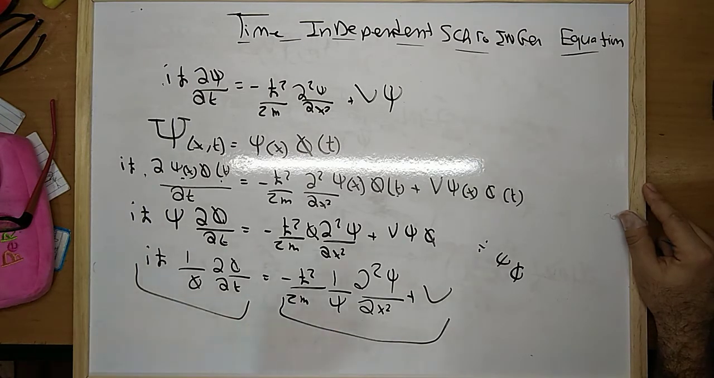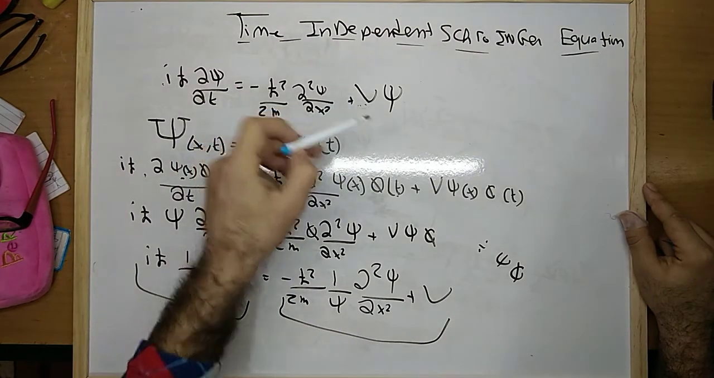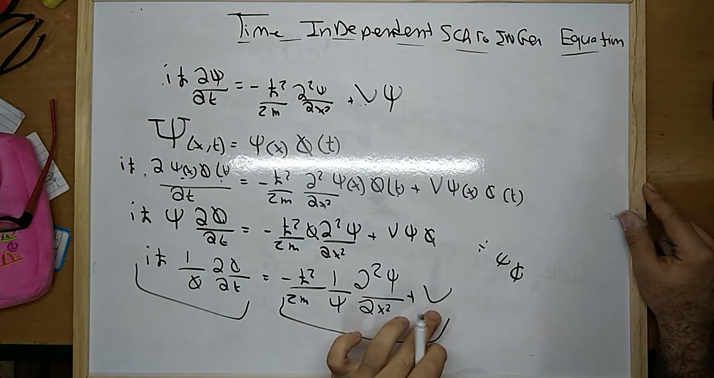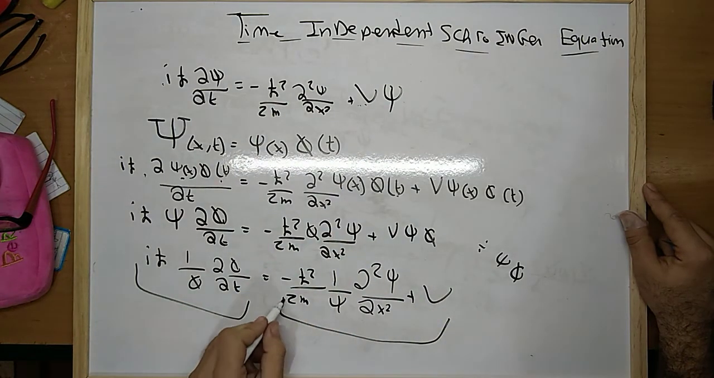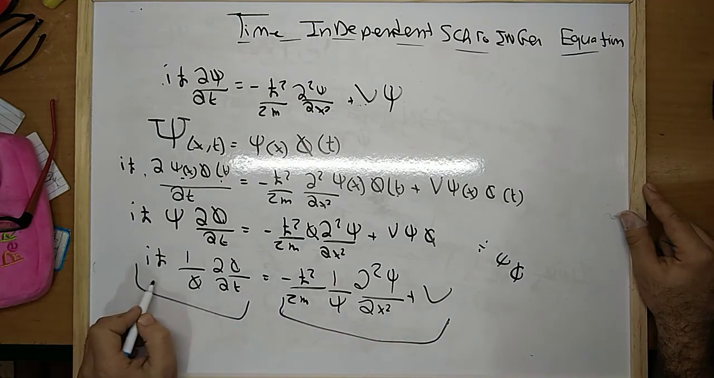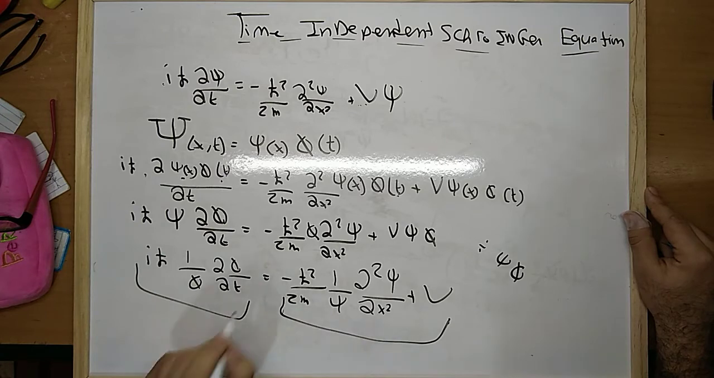Now notice that this equation is only a function of t, and this is only a function of x. I forgot to mention that V is not a function of t. V cannot be a function of t to do the separation of variables. So this is a function of x and this is a function of t. How can this be possible unless each of the following equations is equal to a constant? For reasons that will be discovered later, we'll call this constant